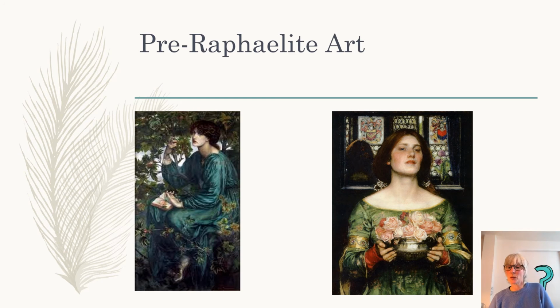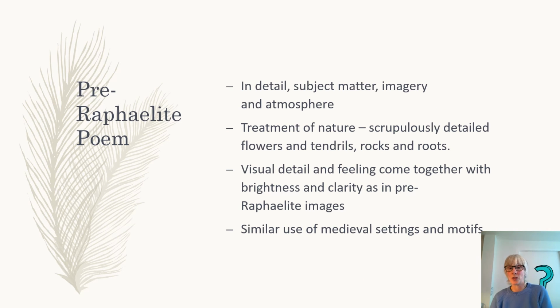So this is one of the poems that we can talk about in the context of the Pre-Raphaelite art movement. Remember, Christina Rossetti's brother was a key member and founder. She herself was highly involved with the Pre-Raphaelite movement. And just to give you that idea of the colours, the medieval settings, the richness, the decorative backgrounds, the detail. So that's what you see in those two pictures. This poem references or reflects the Pre-Raphaelite artistic ideas in its detail, in its subject matter, in its imagery and